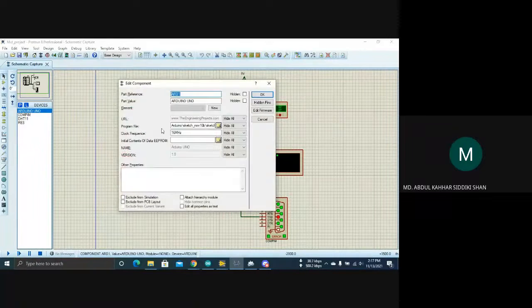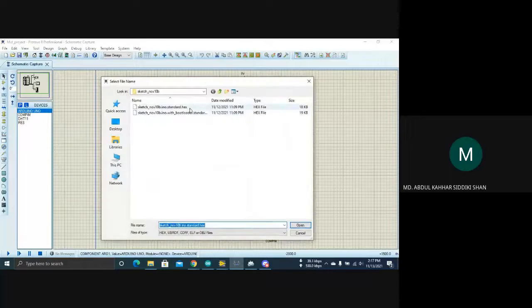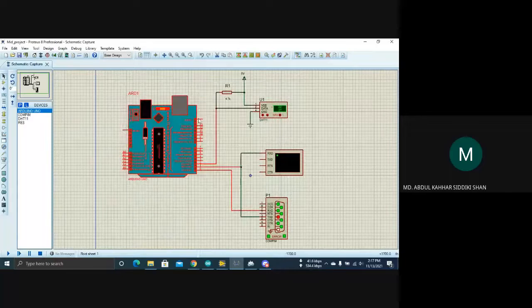In Arduino Uno, we have set a directory in the program file, which is here. And this file we got after compiling the code in Arduino. Its pin 2 is connected with pin 2 of the DHT11 temperature and humidity sensor. And its pin 1 is connected with the virtual terminal and pin 3 of COMPIM. And its pin 0 is connected with pin 2 of the COMPIM.